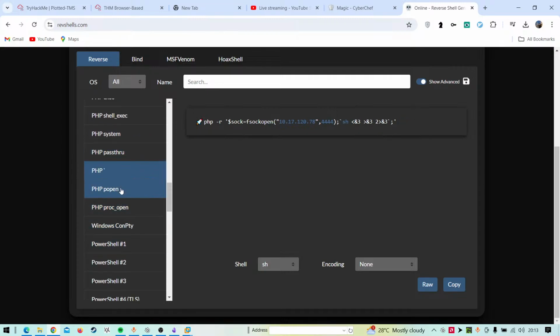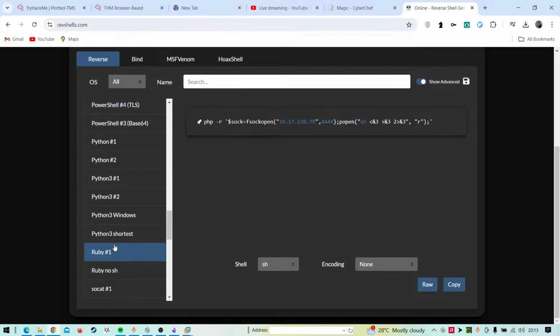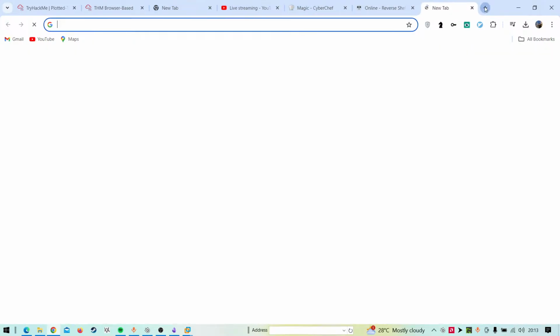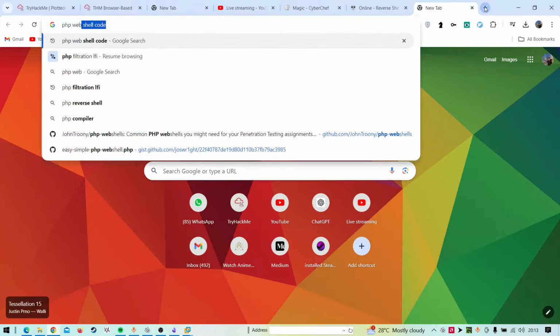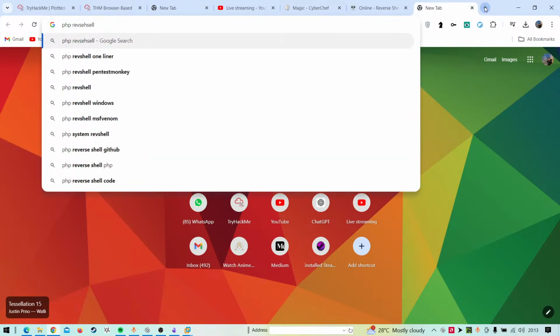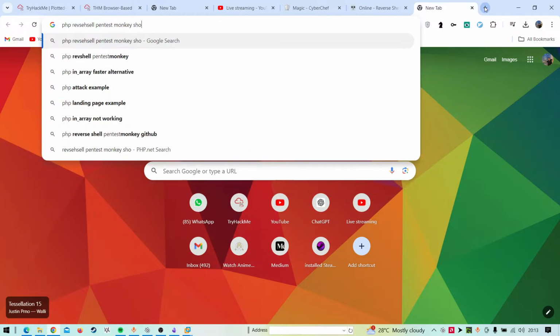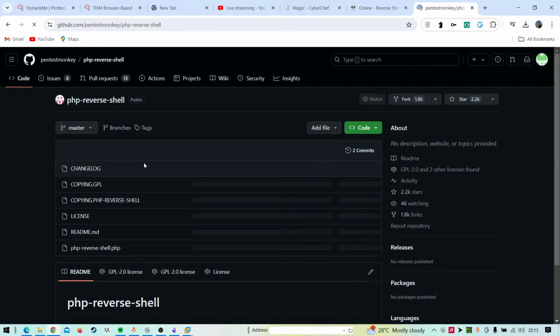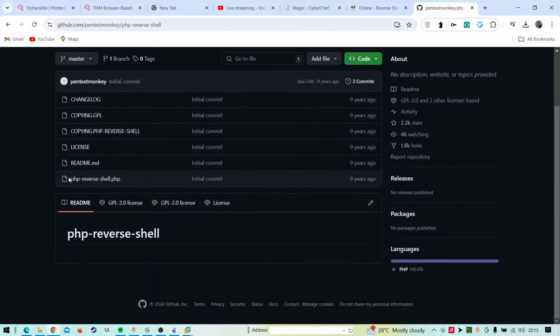I think I should be using something else. I think I need a shorter version so that it's just not complicated stuff. So yes, PSP web shell or PSP reverse shell, pentestmonkey. So short version, and just let's try to see if we have some shorter version of PSP.